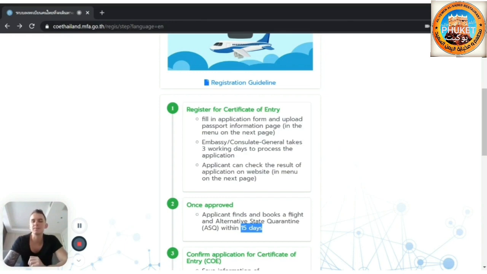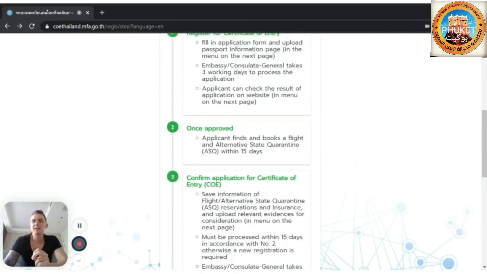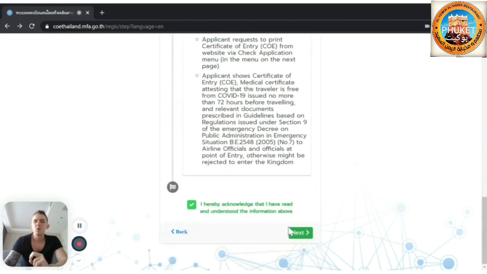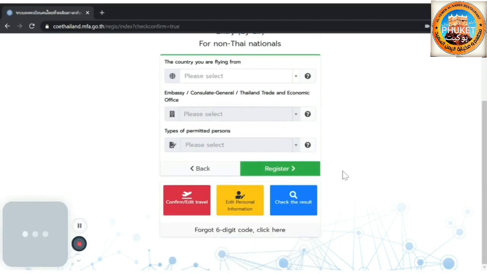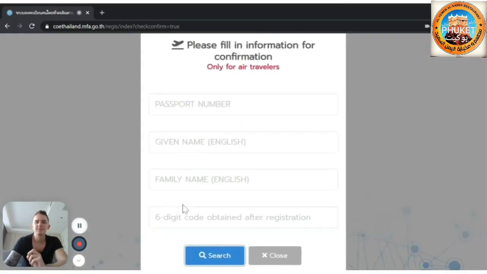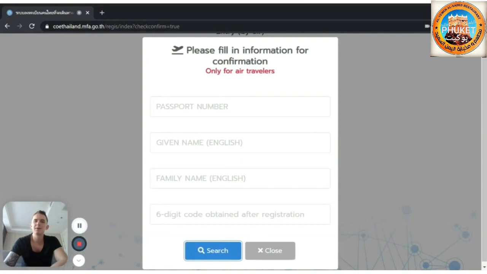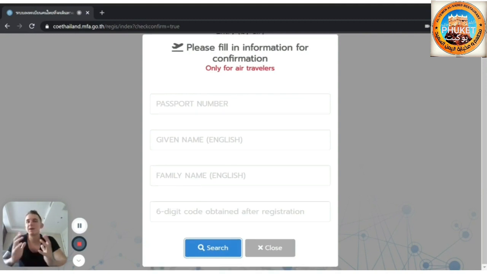Once you have your flight and your ASQ, you go again to this page and you want to go to confirm, edit, travel. You put your passport number here, your name, and the 6-digit code you received earlier. Now I have already done my application, so I cannot show you, but